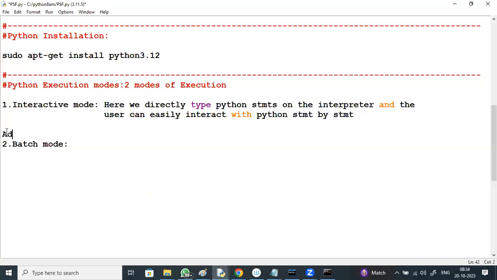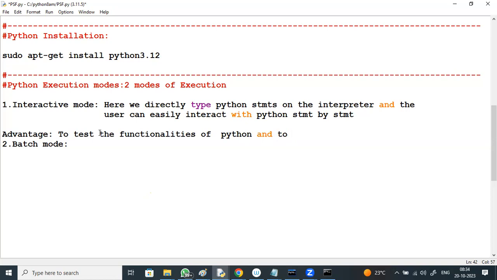So what is the advantage of this interactive mode? If you don't have any idea about some Python functionality, you can just type it in the interactive mode and check what output it is going to provide. The advantage is to test the functionalities of Python and to learn Python.